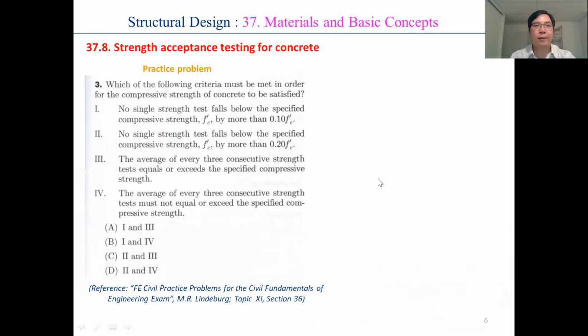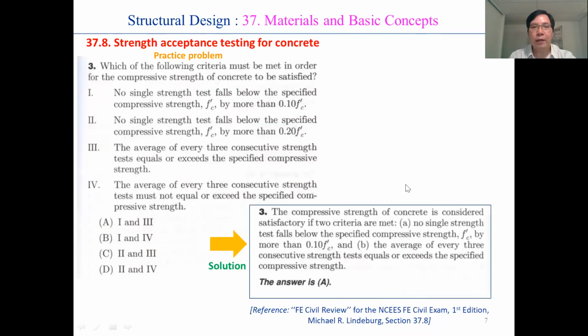Now, we pass to the second practice problem. You can see in the practice problem that they ask the question, which of the following criteria must be met in order for the compressive strength of concrete to be certified? And you can see that they give 4 statements varying from 1 to 4, and after that they give 4 options A, B, C, D. What is the good answer? So you can see in the documentation